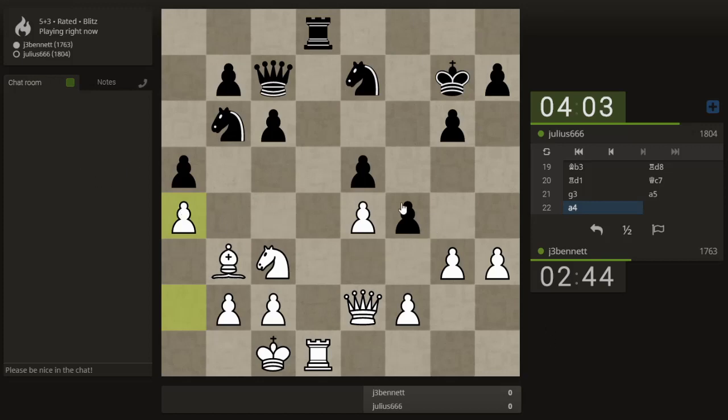I don't know, I suppose I could have gone ahead and taken, because if he pushes that pawn again, I will just take it, but it's kind of a natural reaction to push that pawn to a4. And I was lower on time than my opponent, so sometimes you play quick moves. Not always at the right times, but...